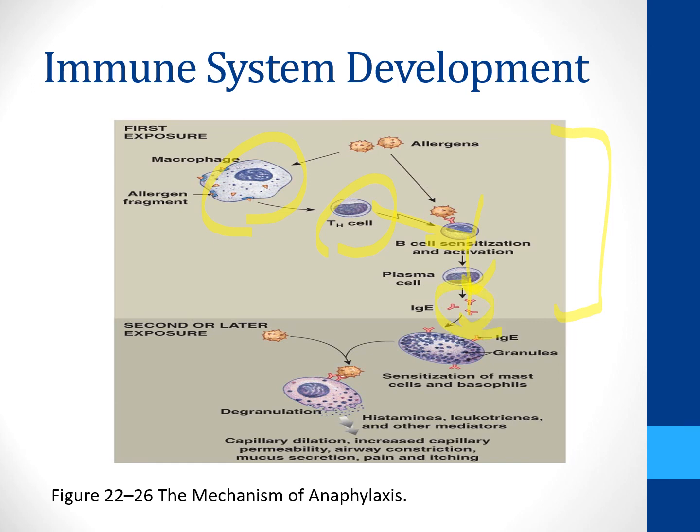With the second exposure, the allergen is going to attach to the mast cell. You're going to have mast cell activation, which is going to release histamine, leukotrienes, and other mediators because those